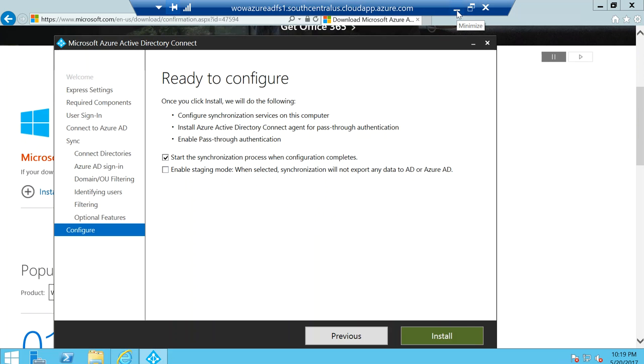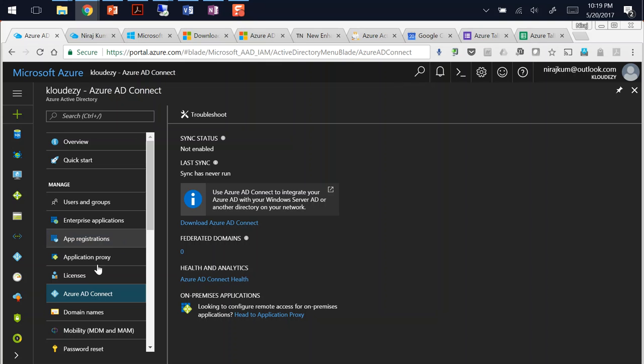And prior to clicking install, I want to show you in Azure AD Connect, you can see the sync status is not enabled, right? You can see over here that I don't have